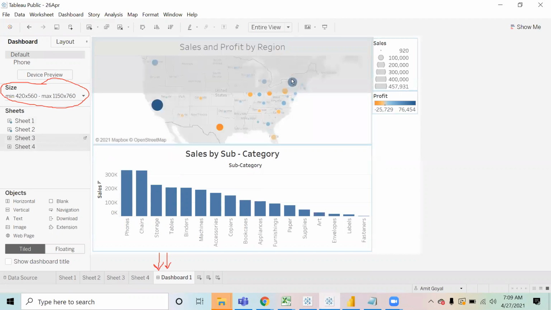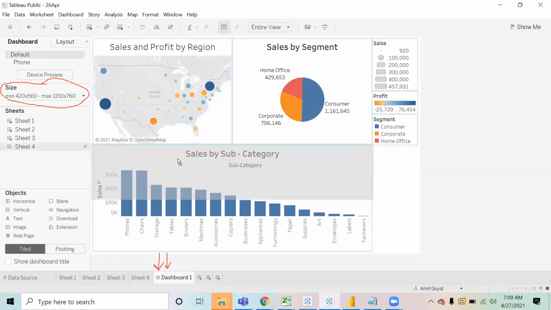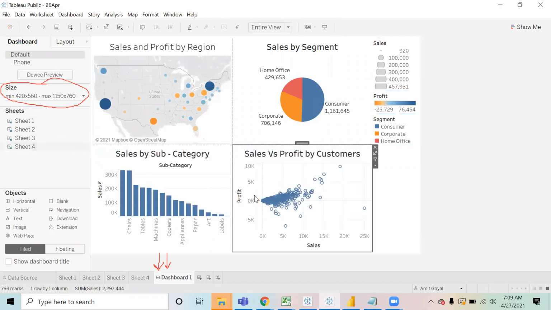Similarly, bring the third chart and place it, then the fourth chart, and you can now notice the four charts are ready. Are you all able to put the four charts?